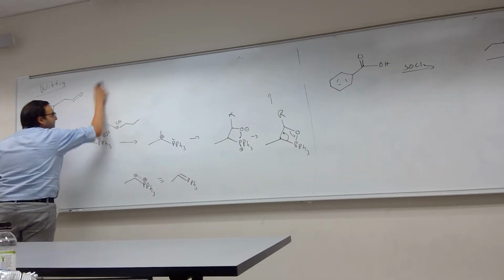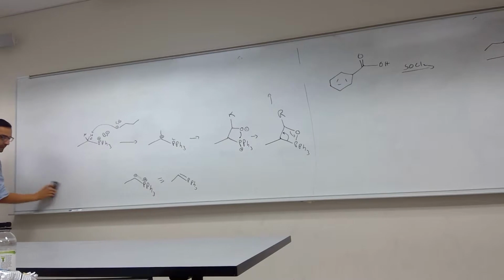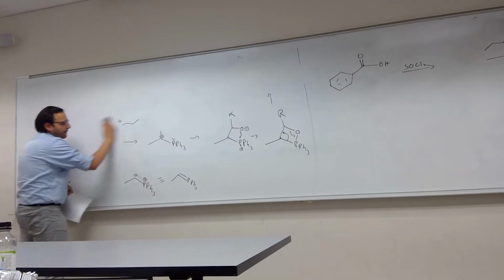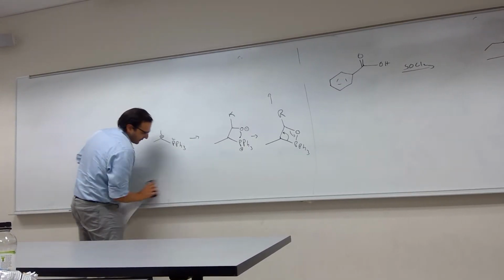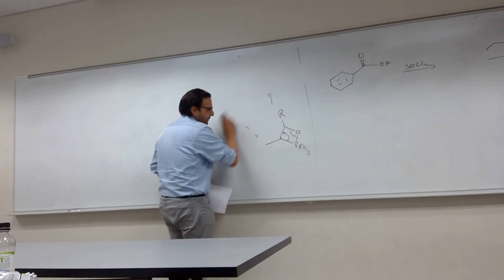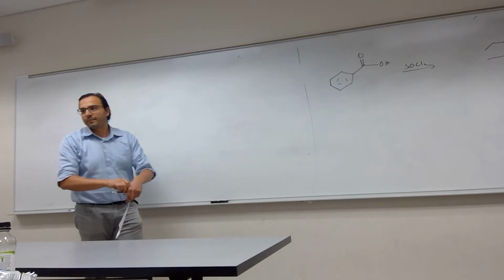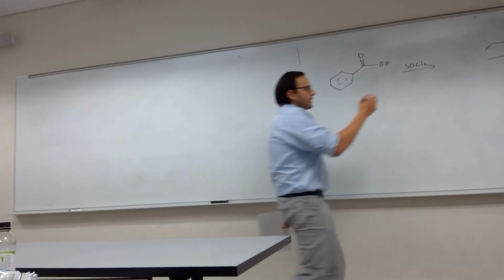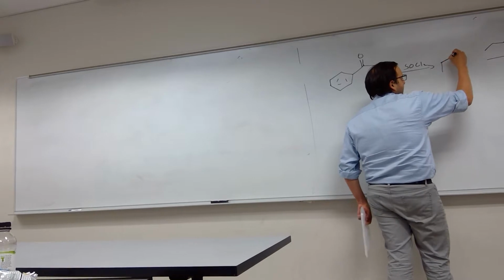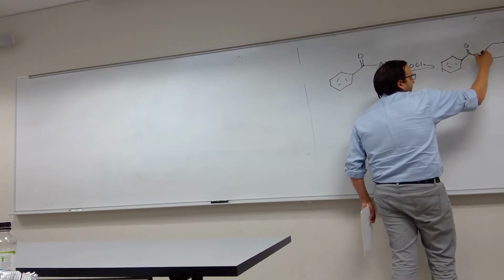What's that? So that, or just turn the carboxylic acid, just so it's meta. So first you form your acid chloride. And then